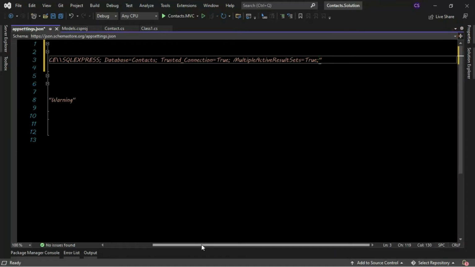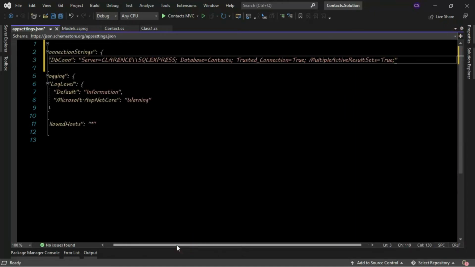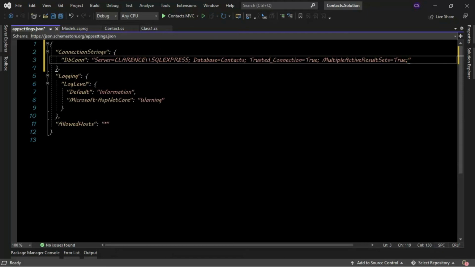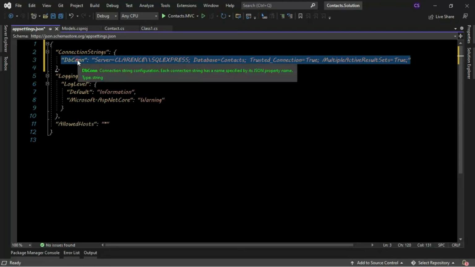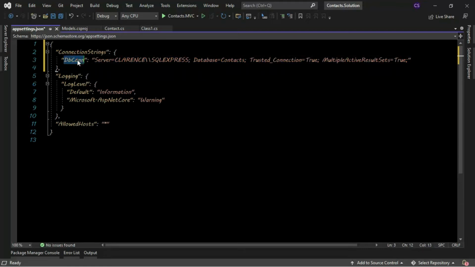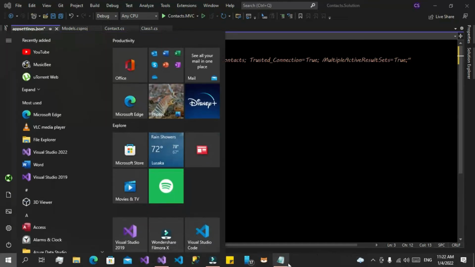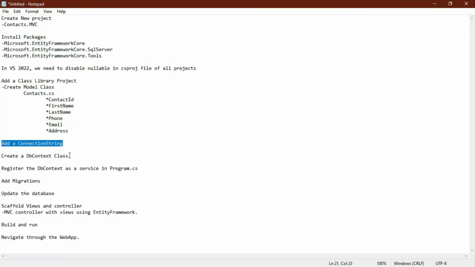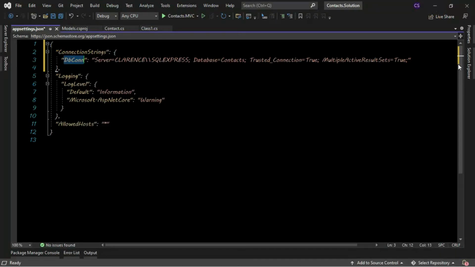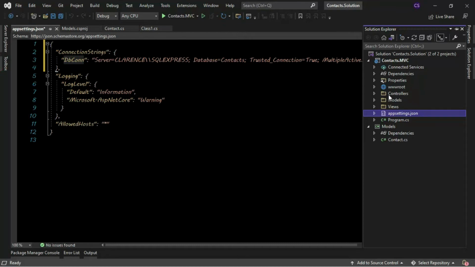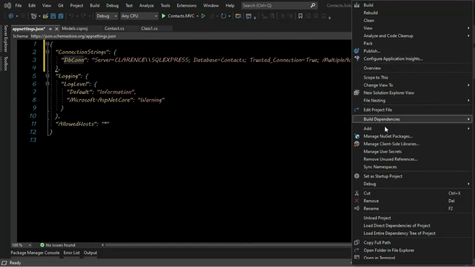So we can simply check it out like that. All right, so that is our connection string, and the name of our connection string is dbcon. Now what we want to do is create a DbContext class. As it says here, we create a DbContext class. So we simply add our DbContext class in our Contacts.MVC project. So we simply right click, and this time around we're going to say add